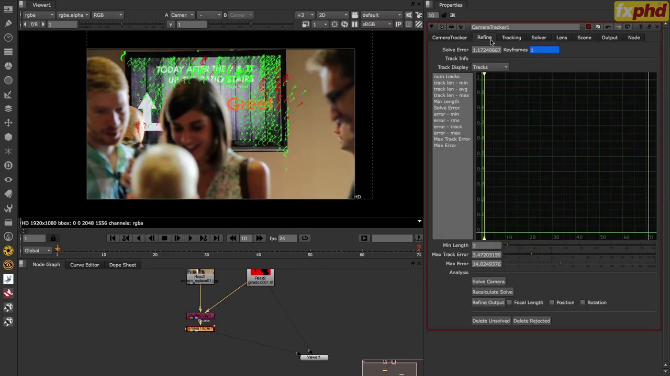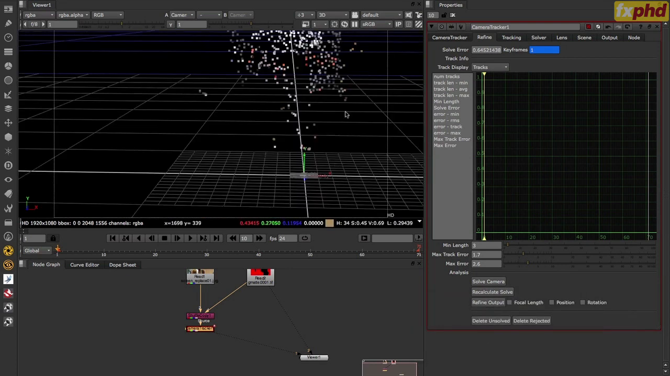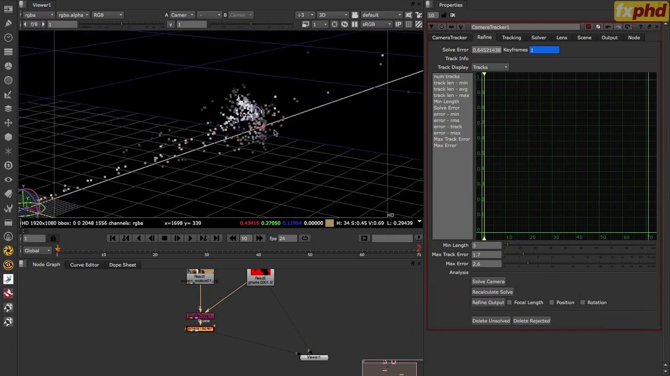And let's take a look at the refine tab, 1.17. Let's pull these max tracks down to about 1.7, max error down to around 2.6. Try recalculating the solve. 0.6 looks good to me. I'm just going to delete rejected, delete unsolved, tab into my viewer, and actually, even though we've got a lot